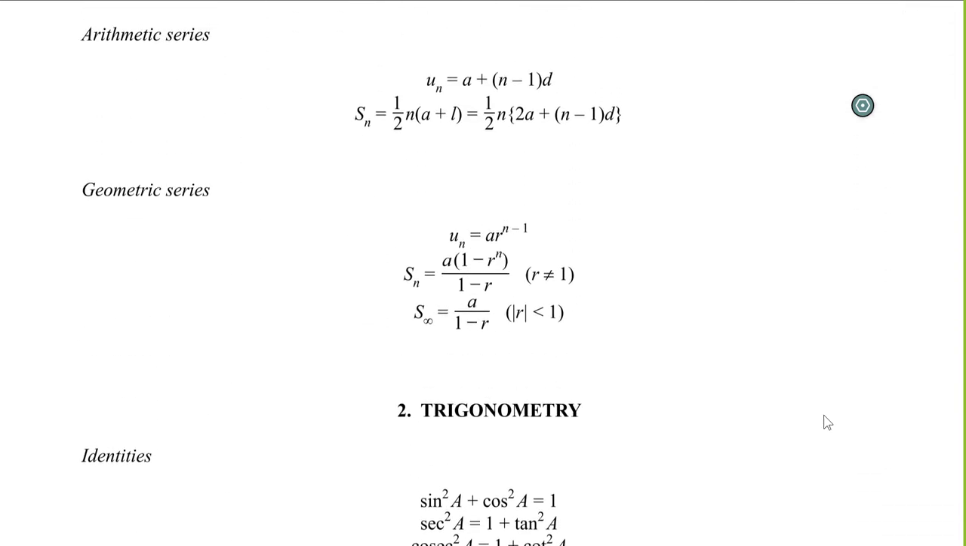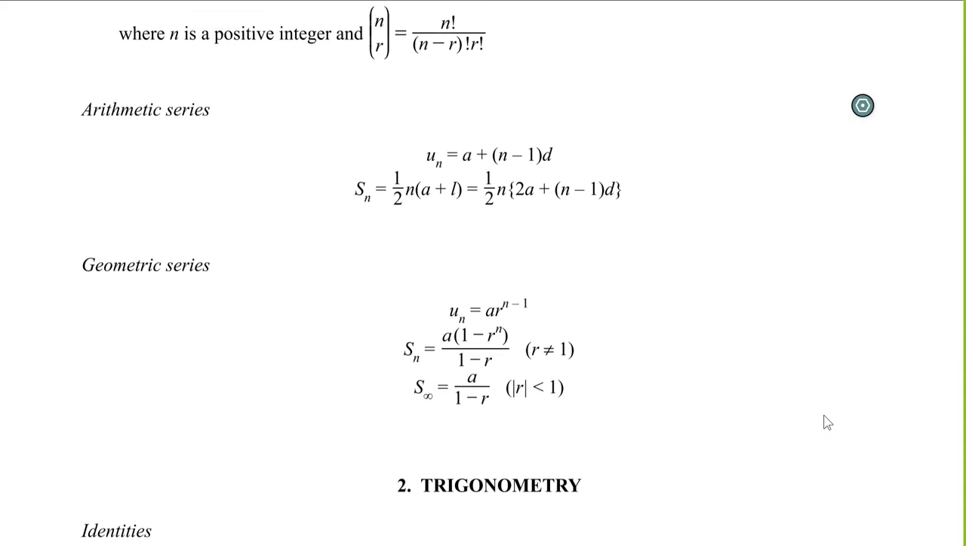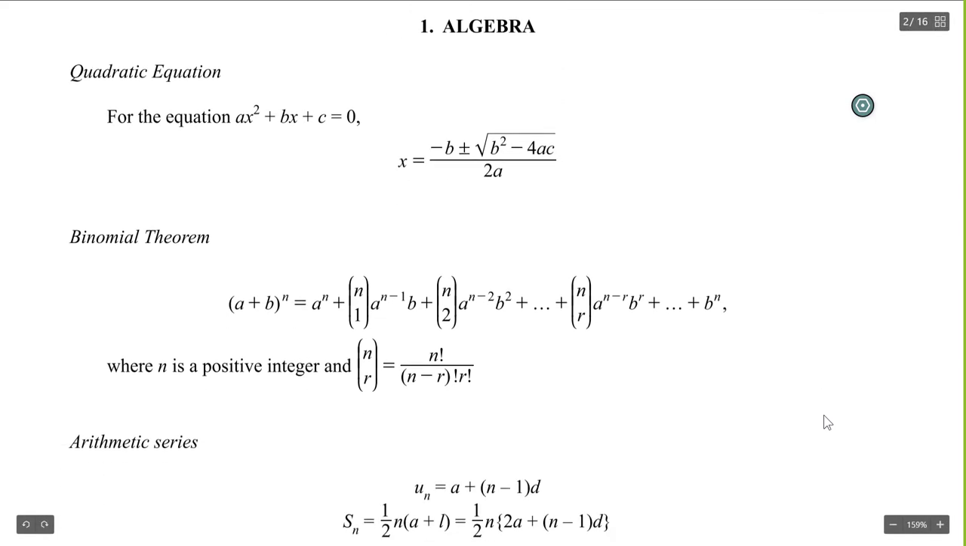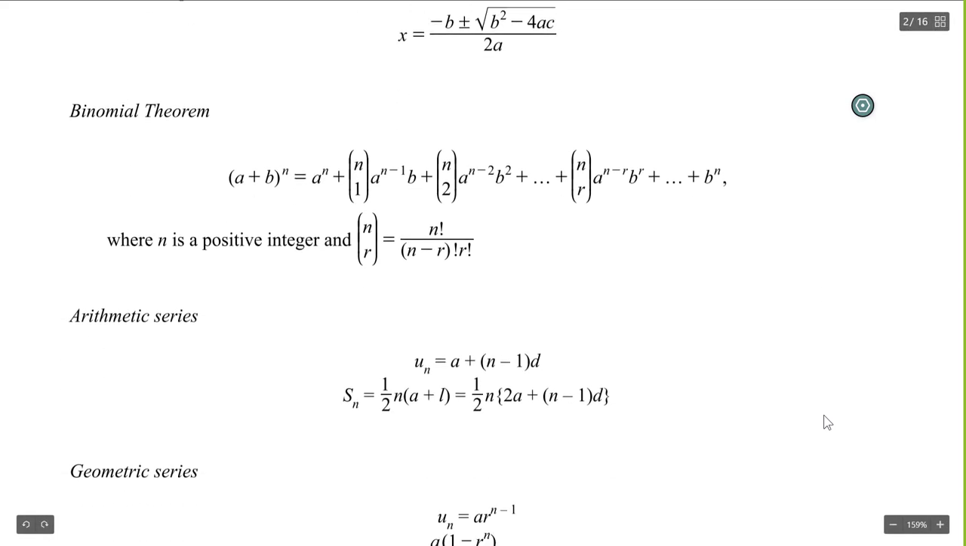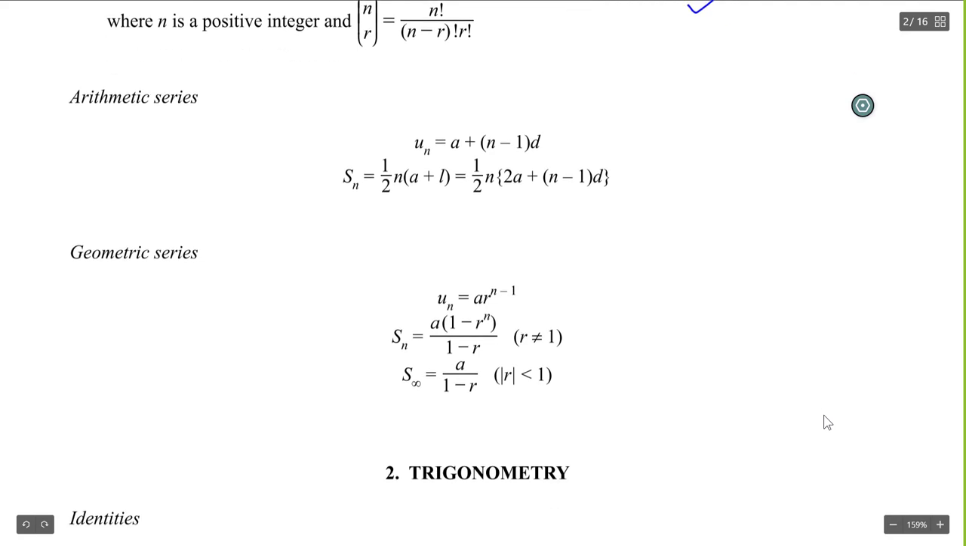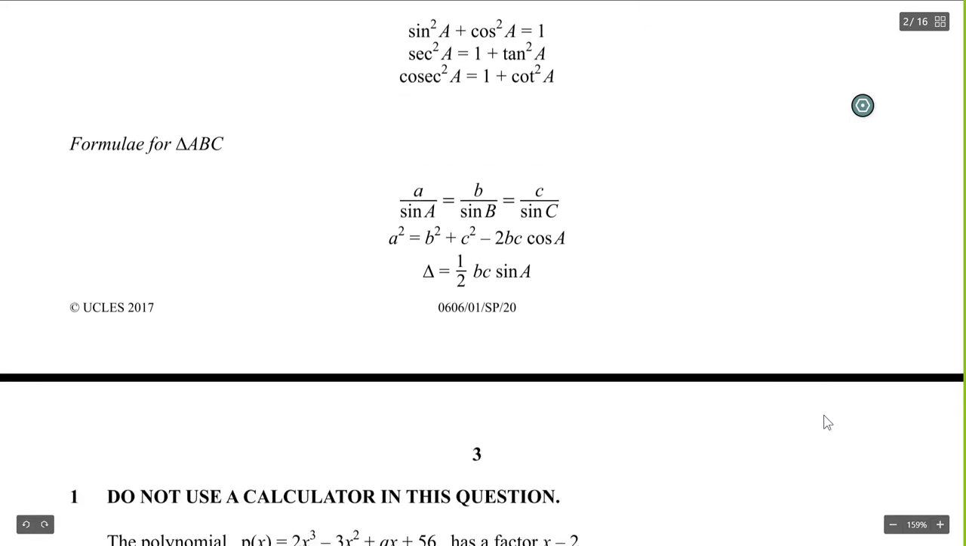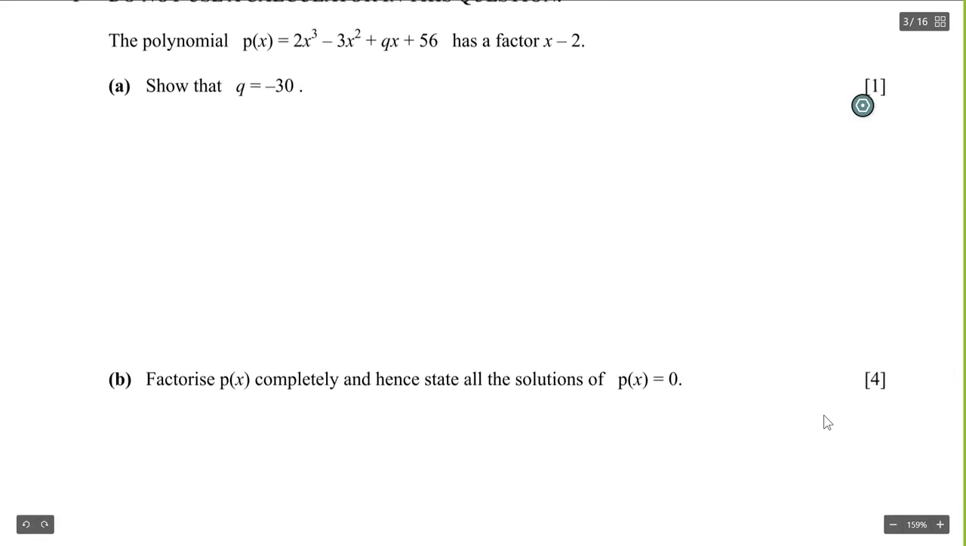Because you can see the formula list here, they do change a little bit. The binomial formula is as usual, but then they actually give you the arithmetic series formula and geometric series formula, which is not in your previous paper. And the trigonometry formula is the same. Alright, so